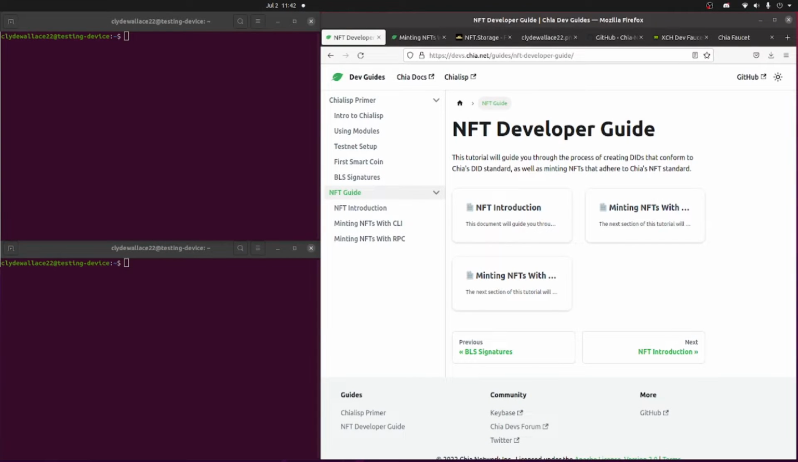Hello, and welcome to minting an NFT1 on Ubuntu. My name is Clyde Wallace, and we're going to go through the process of minting an NFT1 on Chia testnet 10. For this, we're going to utilize a couple of different terminal windows, the NFT developer guide provided by Chia,